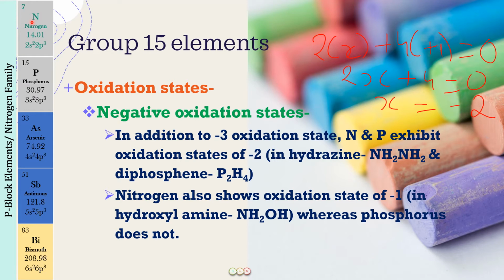Okay, now we will be talking about the positive oxidation states, but before that I have not written that down. Zero oxidation state. So zero oxidation state you have already learned in class 11. When an element is present in its elemental form, the oxidation state is going to be zero. So nitrogen is going to exist as N2. So here that will be having oxidation state of zero.